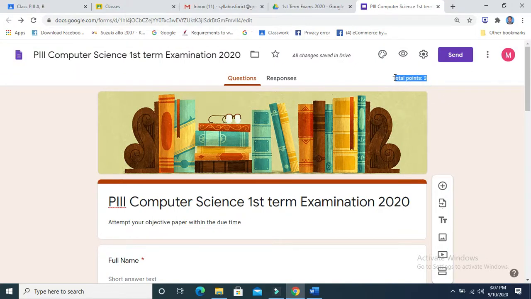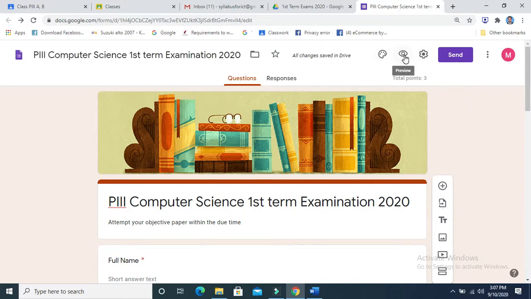If you miss mentioning the marks in some MCQ, you will see it. For example, there are 20 MCQs in your paper and it is showing you 19, so you should be worried about it. Some question is there where you have missed setting the marks for that particular MCQ, and you will have to go through all the MCQs.